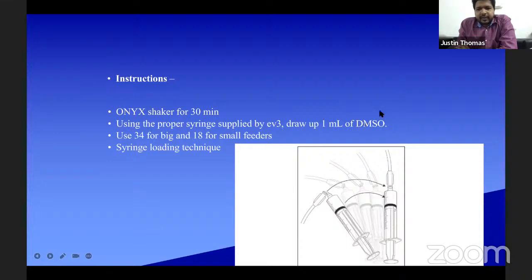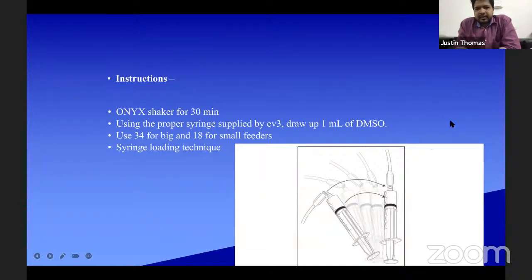And initially, the catheter should be flushed with DMSO, and the hub should be kept vertically, and the hub should be occupied by DMSO. Then the syringe with the onyx is put at an angle of 45 degrees, and suddenly it is kept in a vertical position, so that the DMSO is lying in the upper part, and the high density onyx is in the lower part, and it can be injected.